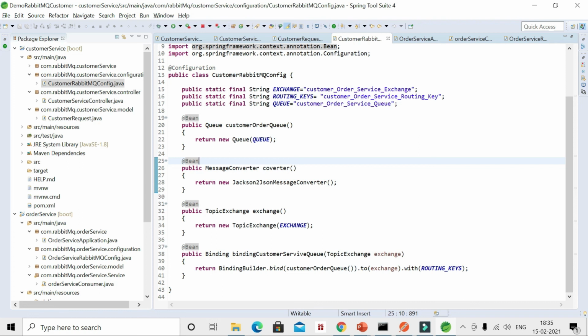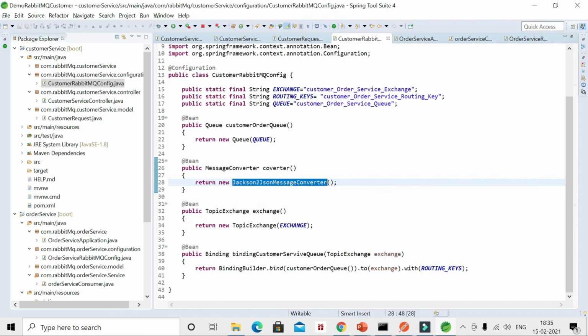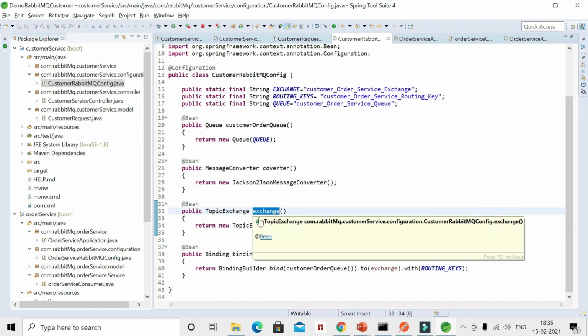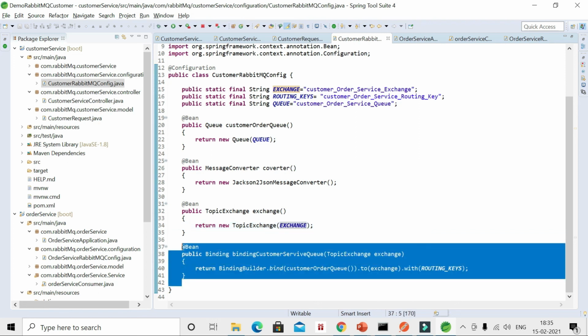We used Jackson to convert to JSON, and then we created one more method called exchange. Then we bind all these queues and routing keys with our exchange.